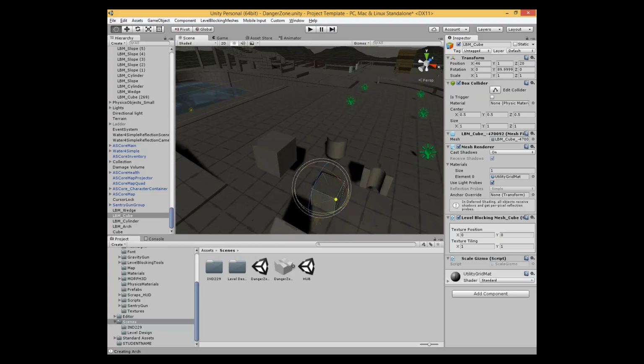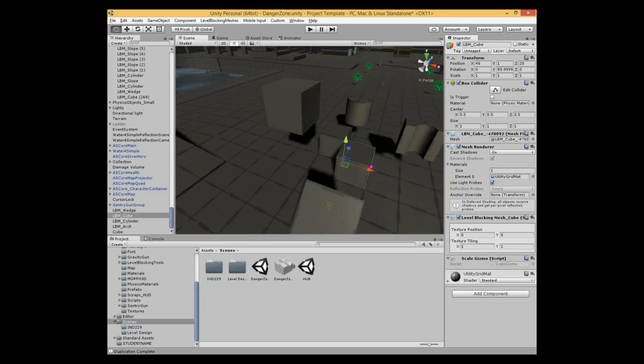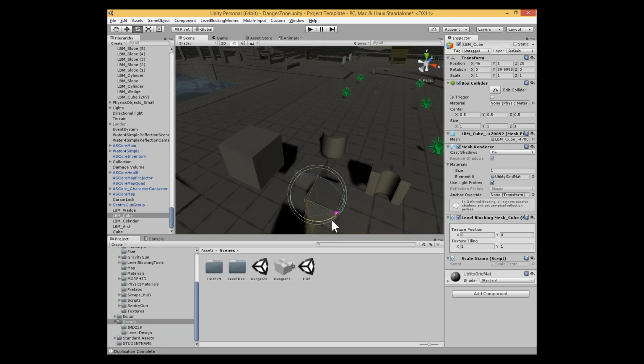So I can very easily start to snap these in place where I want them and rotate around. So if I wanted to rotate this, I can rotate it in place around that